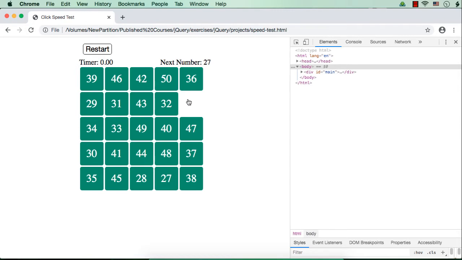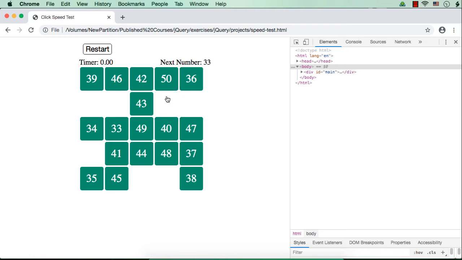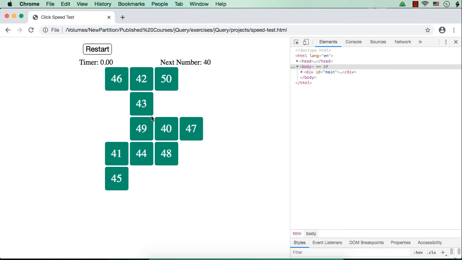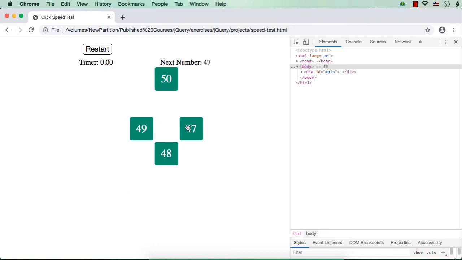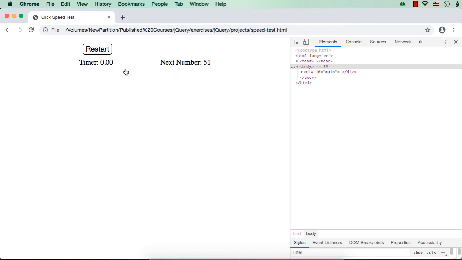Actually there is content, but we are not able to see that, right? Now 27, 28, 29, 30, 31, where is 32, 32, 33, 34, 35, then 36 up to 50.